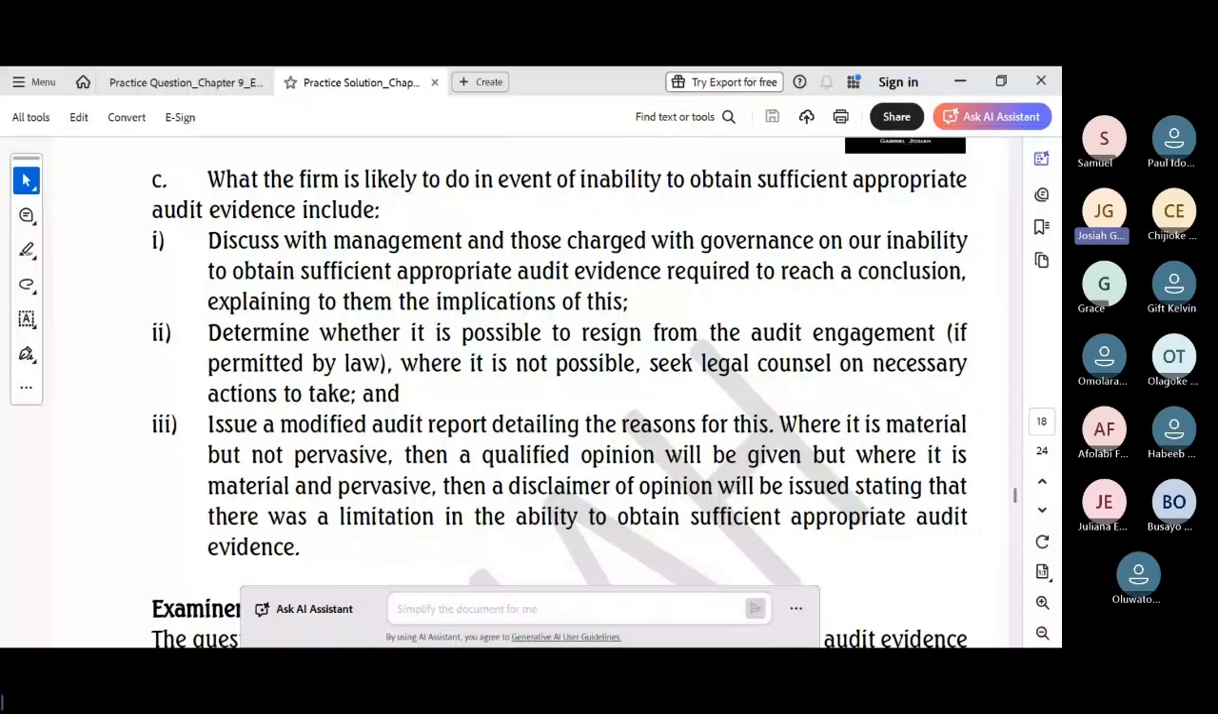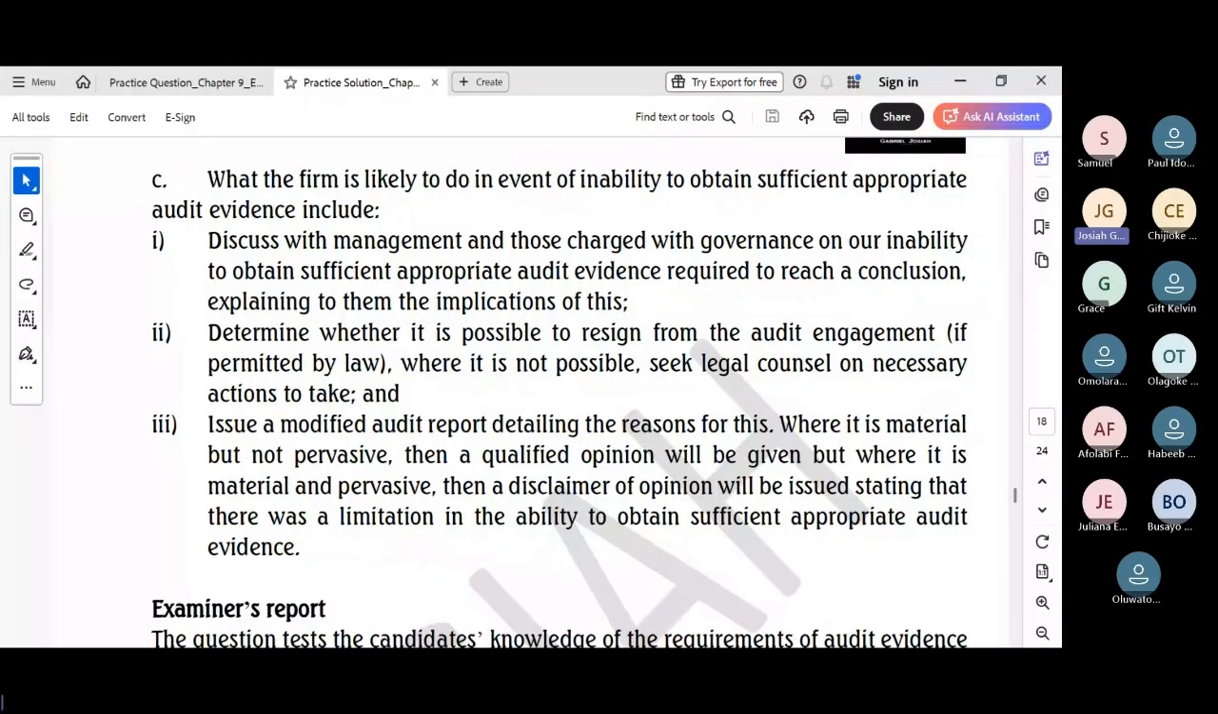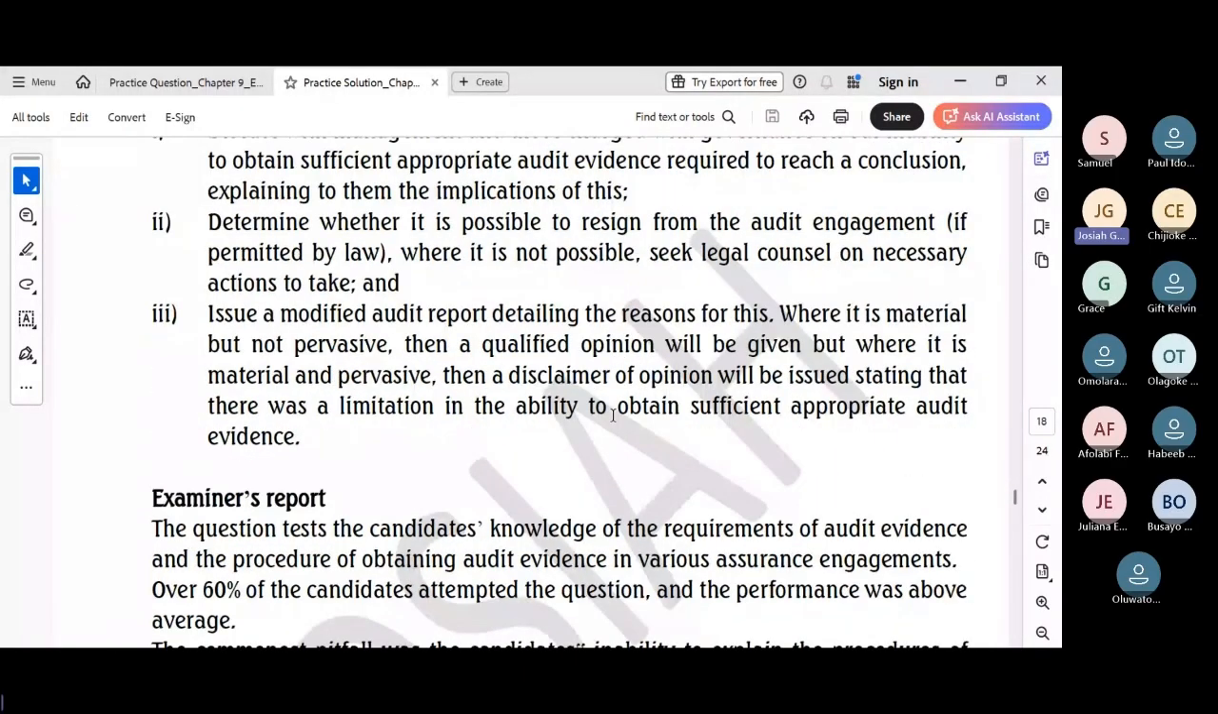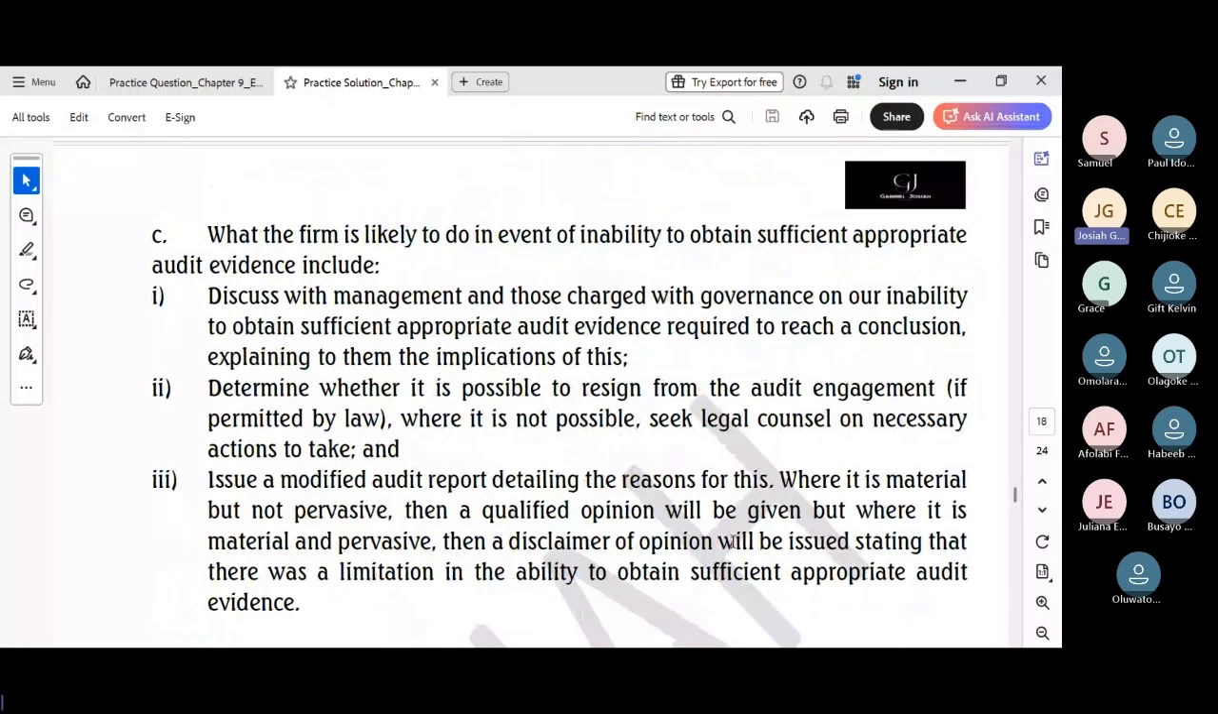Clearly distinguish between the 2 outcomes for a modified opinion based on the severity of the scope limitation. Then for a qualified opinion, that's actually material but not pervasive. But for a disclaimer of opinion, is material and pervasive. We'll look at that in detail when we come to reporting. So generally, you need to strategize around answering such a question in the sense that the ISA 510 link is pivotal to